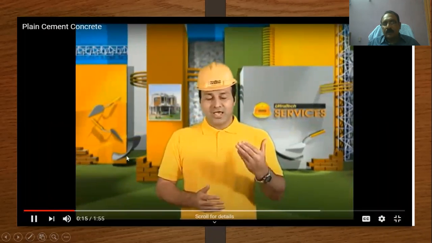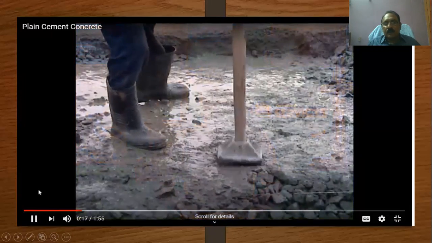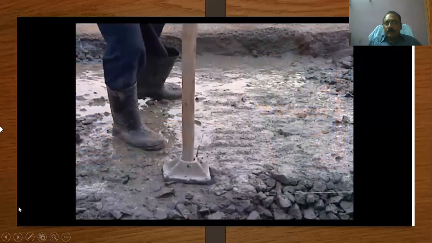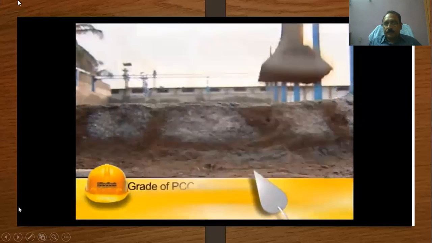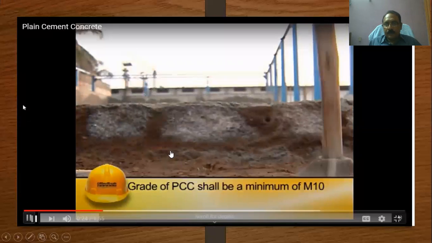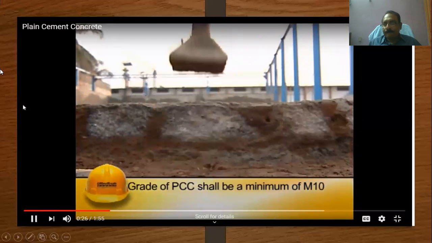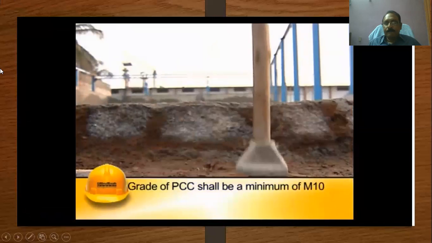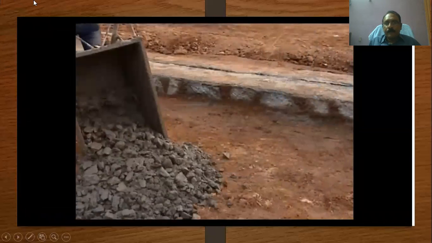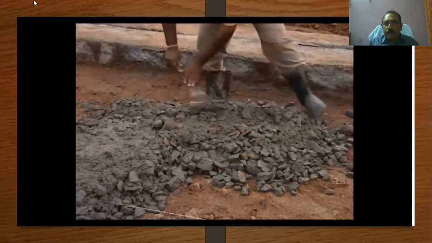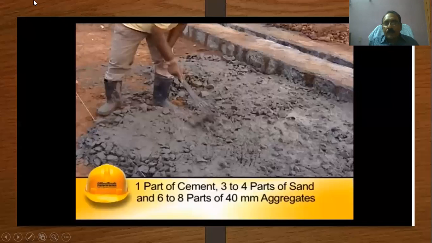Without steel reinforcement, this is provided as base concrete for laying the foundations and flooring. The purpose of providing PCC bed is to have a uniform leveled surface for foundations and flooring. The grade of PCC shall be a minimum of M10. Before laying PCC, the soil on which it is to be laid shall be well compacted and wetted. 20 mm aggregates.